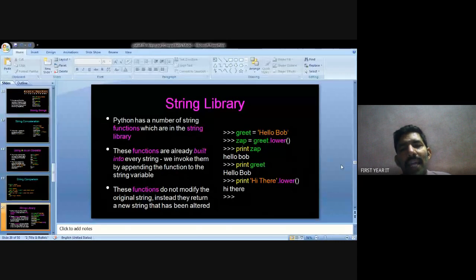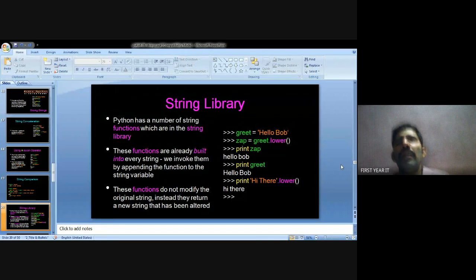Print jab gives you the lowercase letters, hello bob. First I gave title case values, and after that conversion we get the lowercase values. Next, print greet, which is the title case value. This is called the string lowercase function.